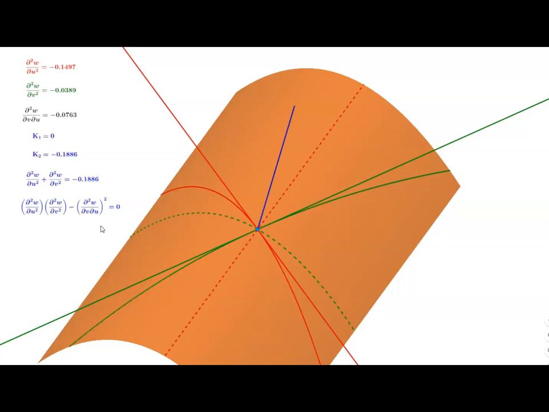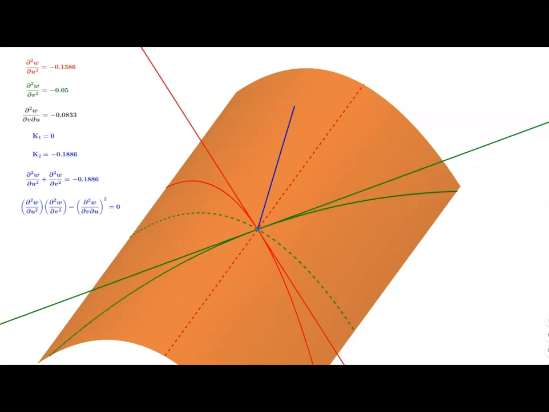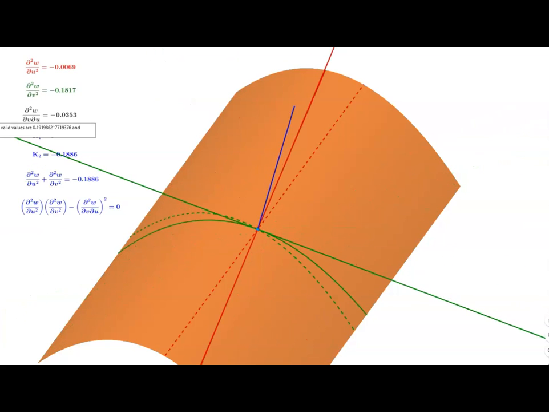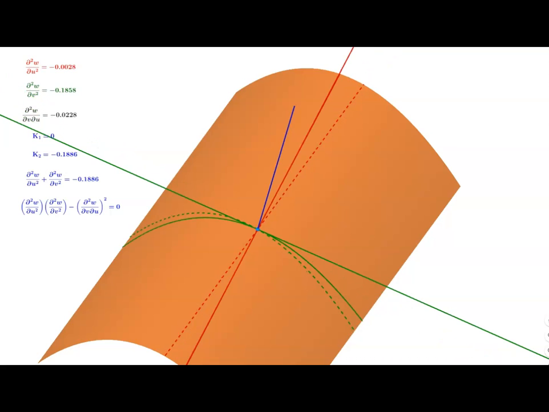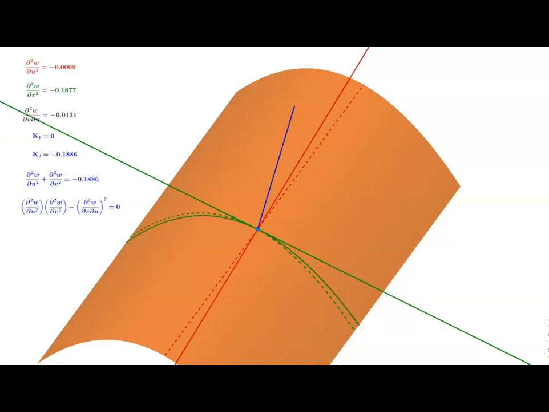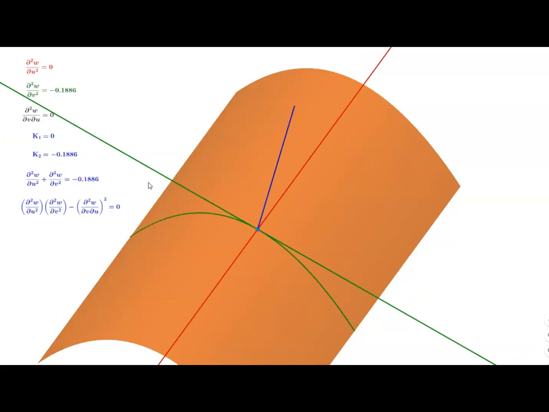Well, what I'm going to do now is to rotate the axes to match the lines up here. So I'll put the red line where it belongs. If I can get it there. All right, and notice what happens. The red line is now going straight across this surface, and there's no curvature at all. It's 0. And the green line has a negative curvature of negative 0.1886. So it's curved in this direction, but not in this direction. So the curvatures are 0 and negative